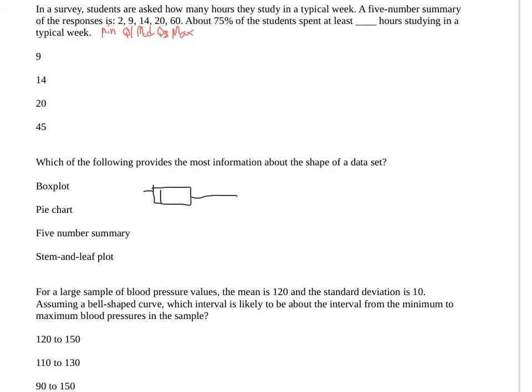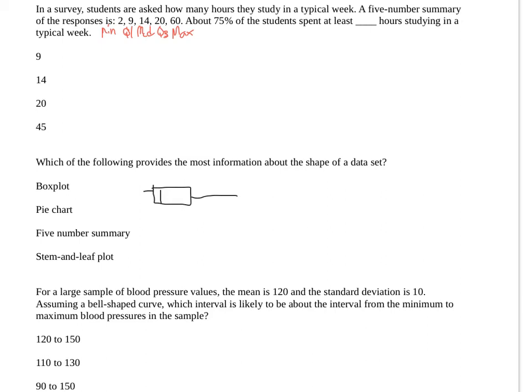Maybe it's skewed right, because the lower numbers are much closer together than this last number here. Even these lower four numbers are from 2 to 20, so a difference of 18, and then you jump from 20 to 60, a difference of 40. So, okay, maybe that's skewed right, and maybe that'll give you some information, but it's sort of hard to visualize,